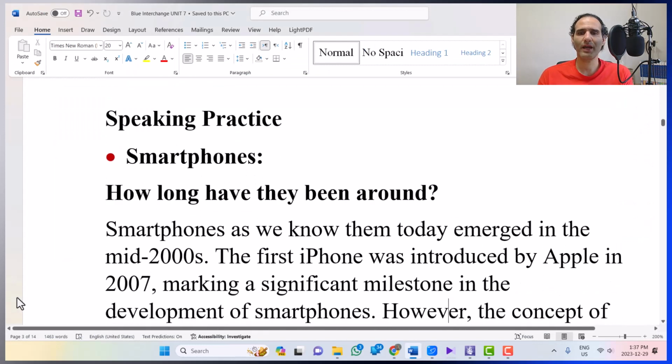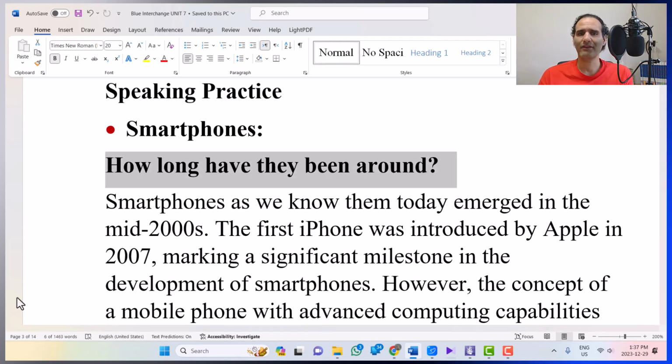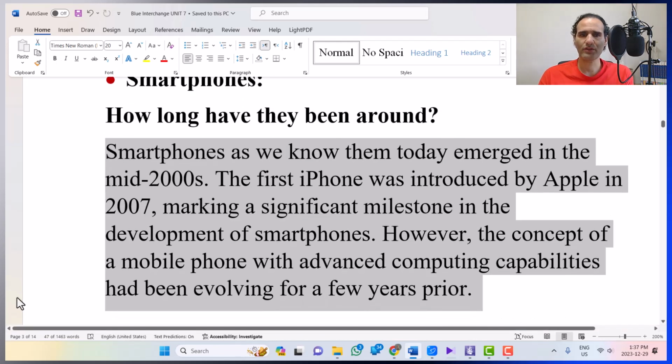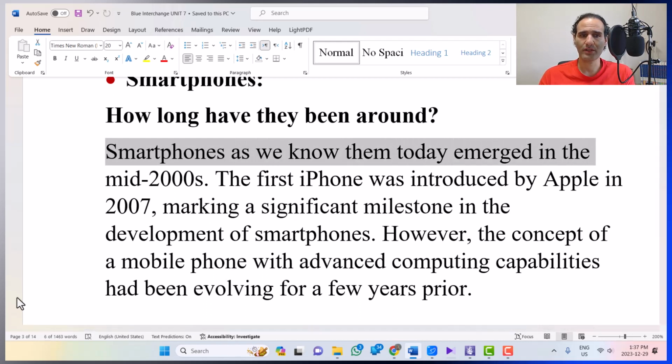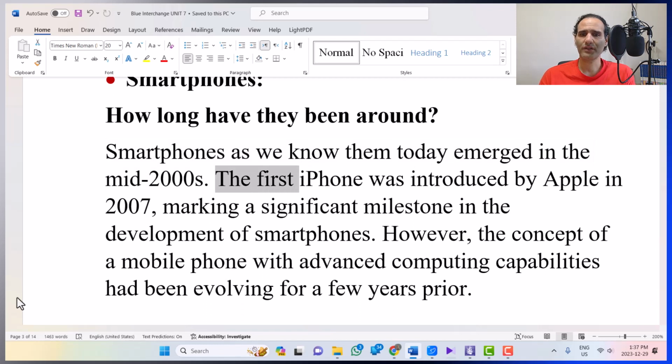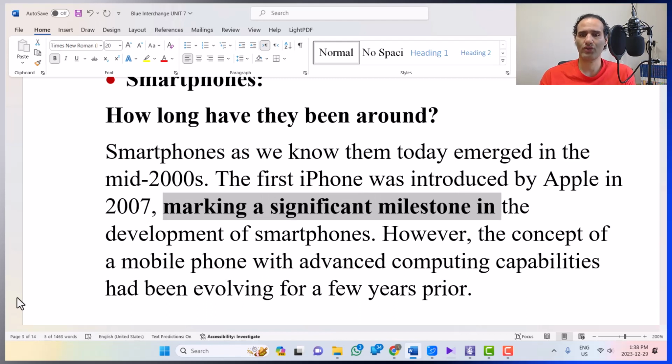But as speaking practice, I have selected, for example, smartphones and how long have smartphones been around. A sample response for smartphones could be something like this. Smartphones as we know them today emerged in the mid-2000s. The first iPhone was introduced by Apple in 2007, marking a significant milestone in the development of smartphones. A very beautiful sentence. A significant milestone, this is beautiful, and then marking, setting a significant milestone in something. My recommendation, transfer this into your